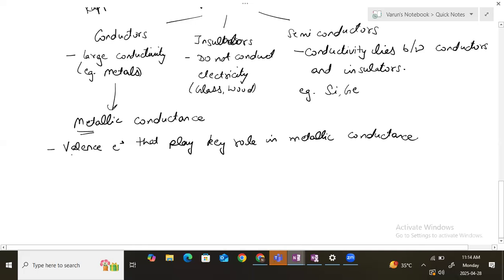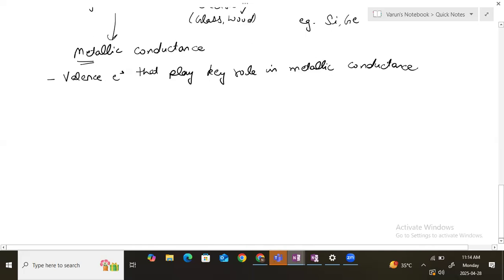Metallic conductance depends on various factors also. In metallic conductance, the electrons that move from one side to the other are the charge carriers. Metallic conductance is due to charge carriers, and those charge carriers are the valence electrons. The factors on which metallic conductance depends are